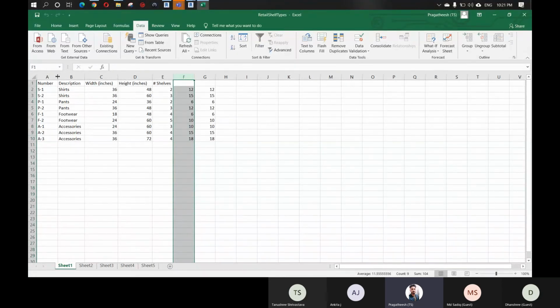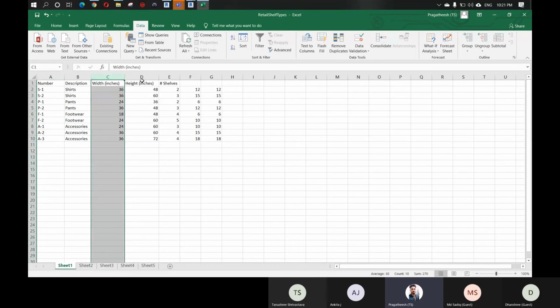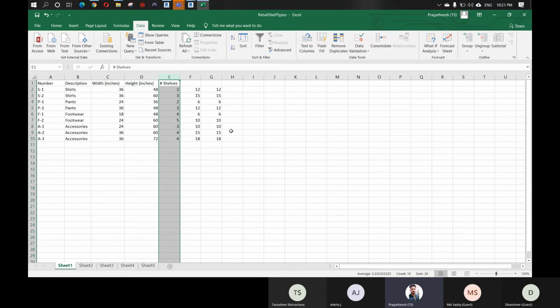These are just a simple retail shelf. You can see here the description, which is shirt, pant, footwear, and accessories, and the numbers S1 shirt 1, S2 shirt 2, P1 pant 1, and the width and the height, which are in inches, and you have the sleeves, and these two we can delete. I'll show later what these two are. This is what we are going to import into Revit. Now I'm closing this.